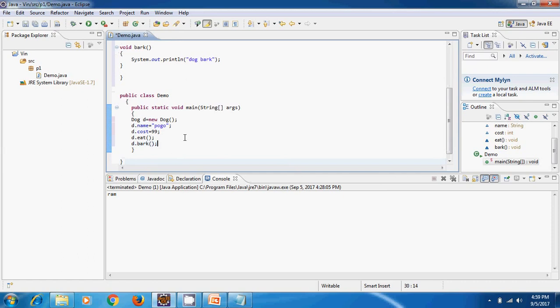Now if I access something, then I should print it with System.out.println. How should we print it? The name, the cost, the eat method.